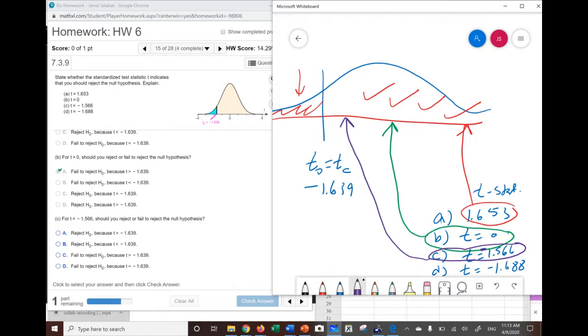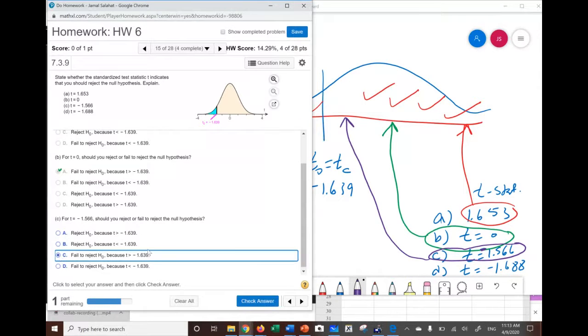So the negative 1.639 is smaller than negative 1.566. So in this case, still we're going to fail to reject because the value is in the safe region. So we're going to say fail to reject H naught, because again, we're going to choose C because the negative 1.566 given here is bigger than the